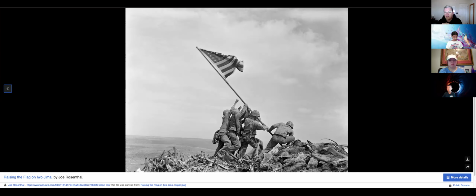So this flag was actually super important in history at this time during World War II because it symbolized that the Americans had pushed their way up to the top of this mountain and that they were winning. And it made the other soldiers come off of those boats to the island to continue fighting, and they ended up winning. So America did win this battle, this war. It's huge in our American history. It's pretty exciting to read about that.